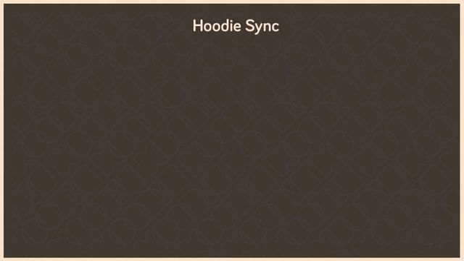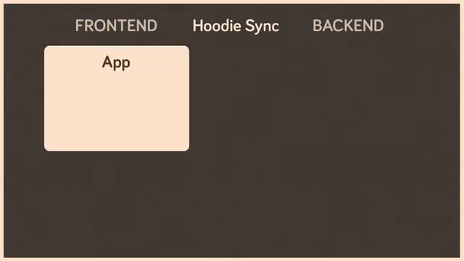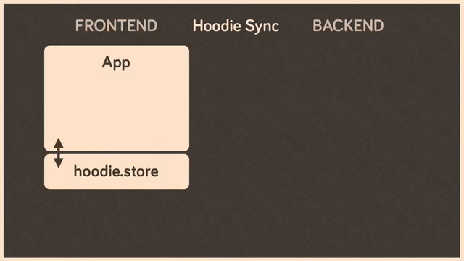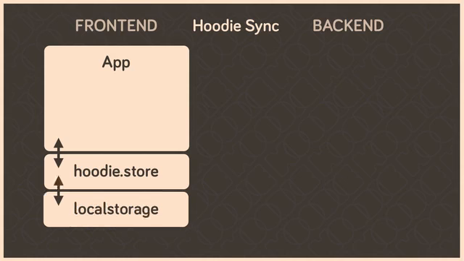So let's see how Hoodie does this. So here's how Hoodie does syncing and offline and everything, really. So you have a front end and a back end, and in the front end you've got your app. And what your app does, it only ever talks to the Hoodie API. Only that. It never talks to the local browser storage, it never talks to server-side code, it never talks to server-side databases. If it wants to do something, it talks to the Hoodie Store API, because the Store API talks to local storage, or you can replace that with whatever you like, PouchDB, localForage, whatever you like to store stuff in. And that's how that works.